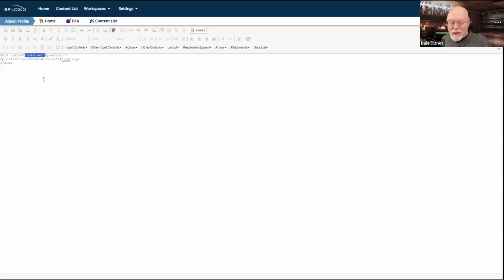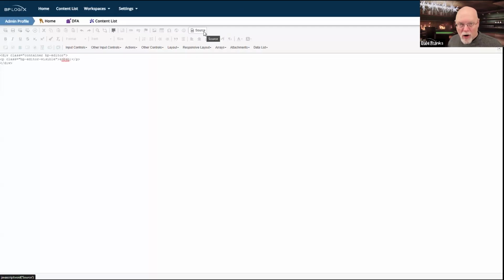That container is the bootstrap style that defines what a container is. And then of course I have my end div tag. Okay, sure. This is great. This is easy to edit because it's only 3 lines of HTML. Once we start throwing controls on the form, this is going to get really difficult to edit and to fix